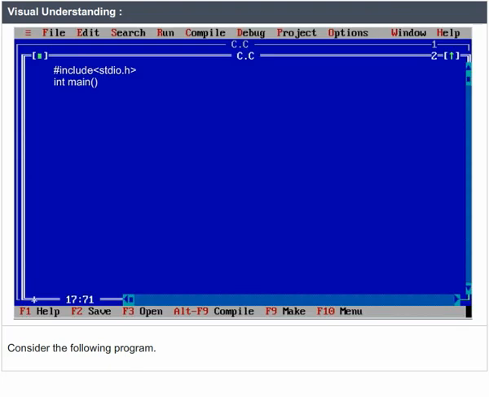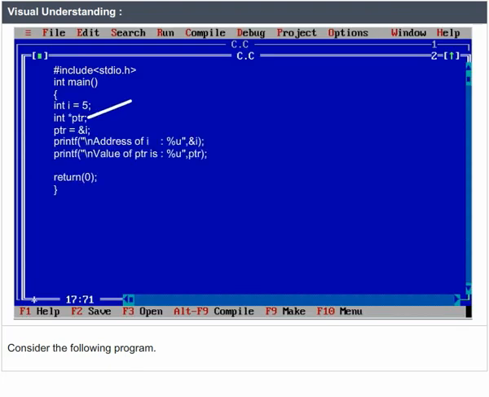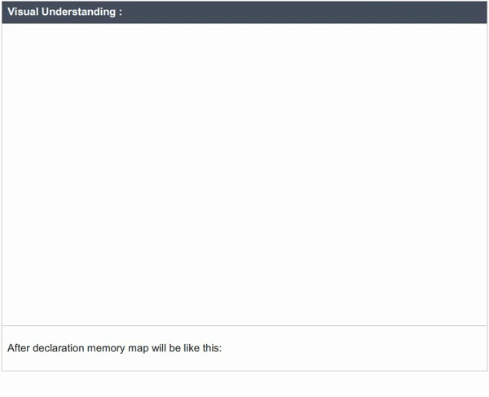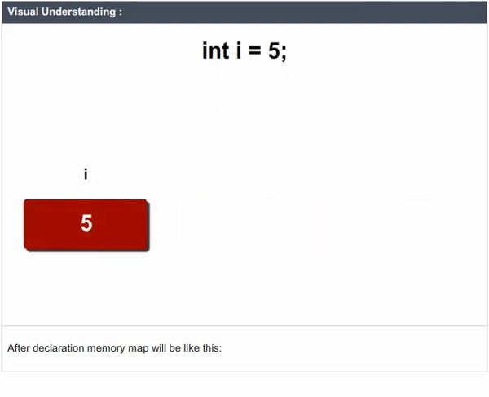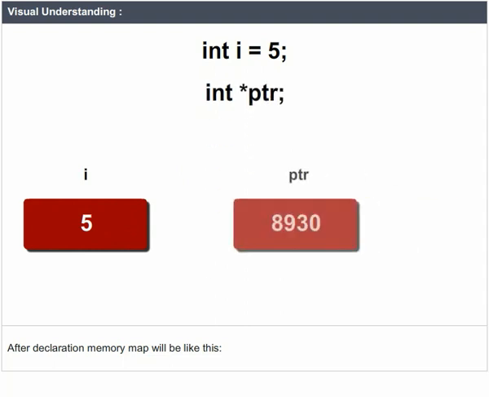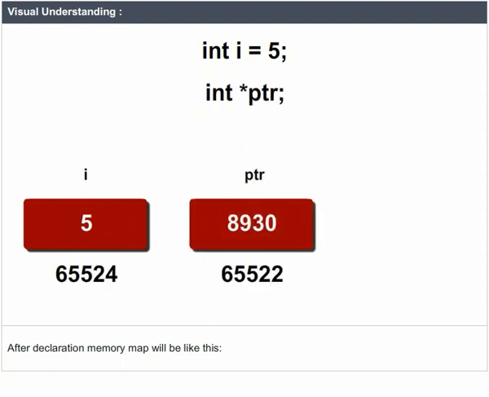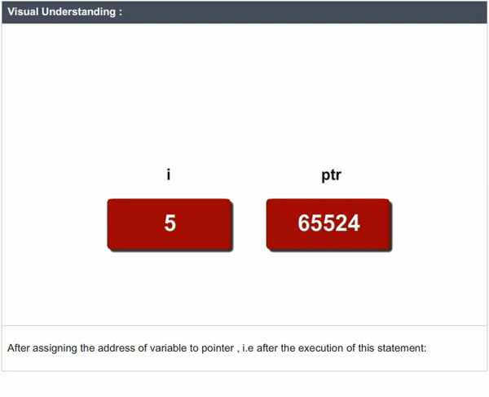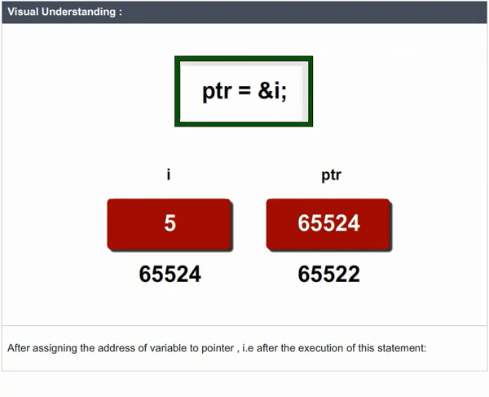Visual understanding. Consider the following program. Pointer variable, address of that variable. After declaration, the memory map will be like this: int i = 5; int *ptr; Values. After assigning the address of the variable to the pointer, that is, after the execution of the statement ptr = &i;